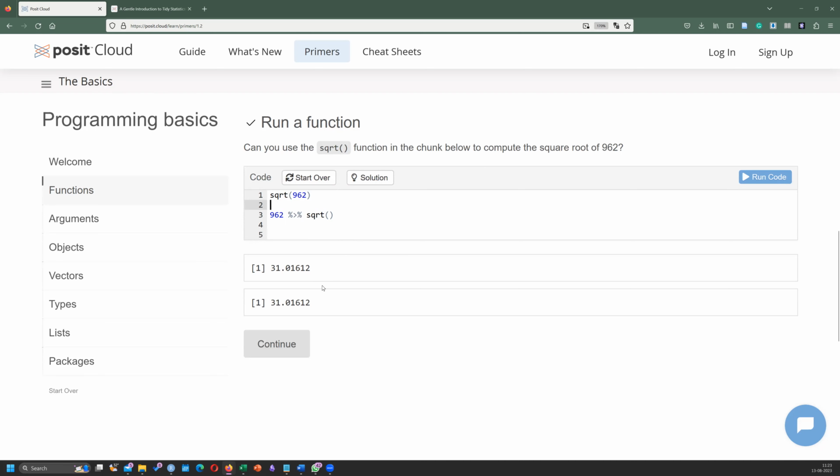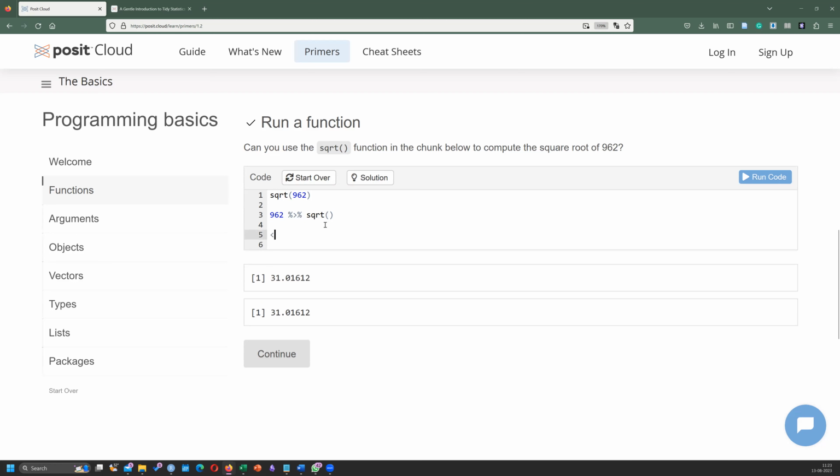Yes. Okay, so the function here is square root, and a function is always followed by a bracket. But this is also a type of function. It's saying take this and do this. So functions can be in many ways. Even your assign operator is a function, isn't it? You're saying take this and put it into that. So take this and do that operation is a function.